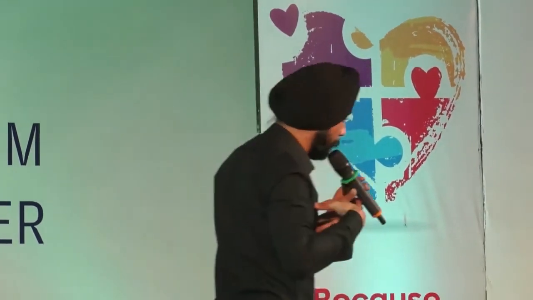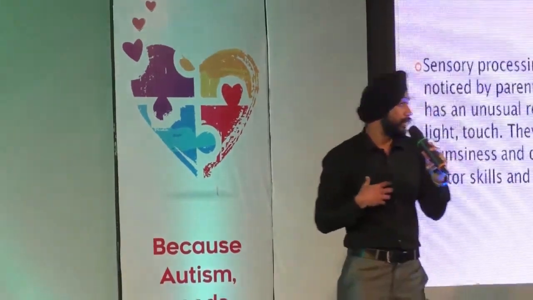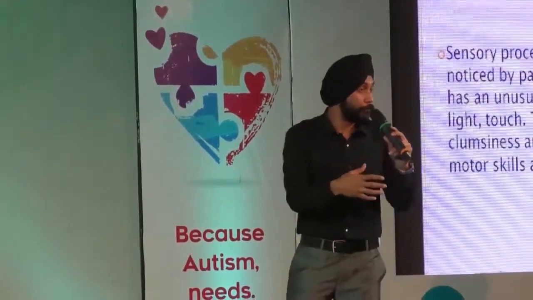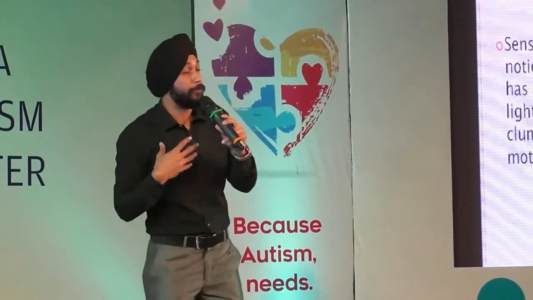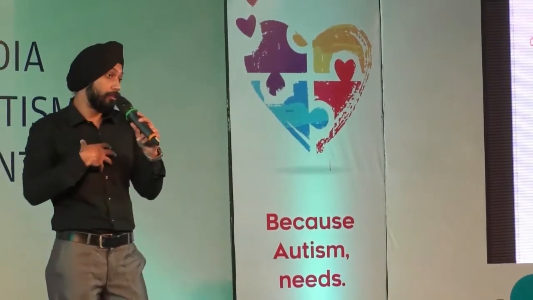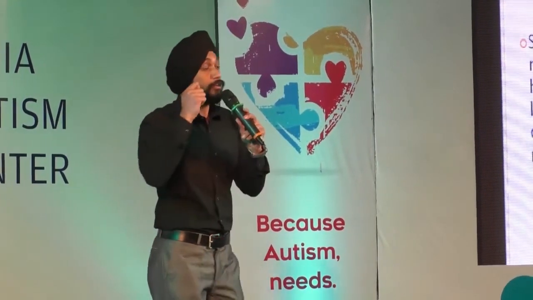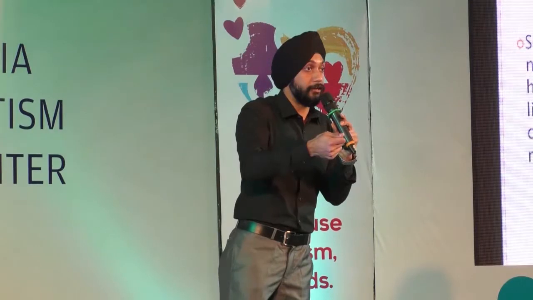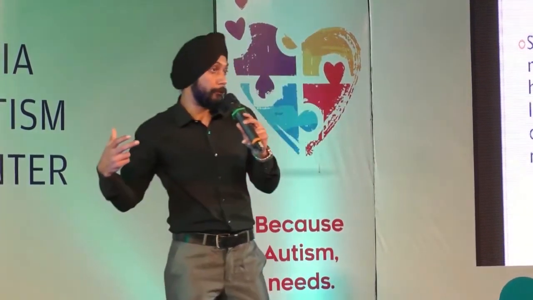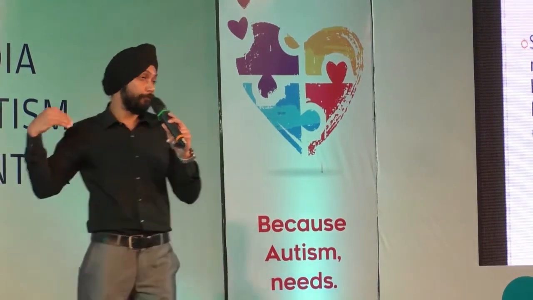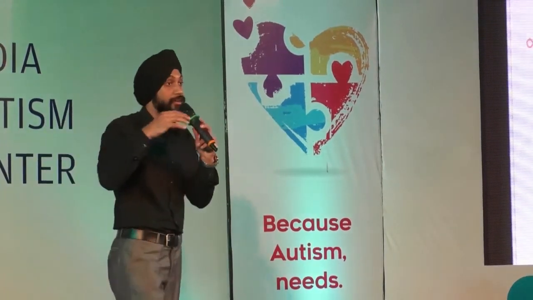And then what happens is many of the parents come to us, and when we ask them how did you come to know that your child has autism, why did you go for the assessment, and at what age, they usually say that we go for the assessment by 3 or 3 and a half with a single complaint that he is not settled in the class. He is not listening to us. He is not following the commands. And then we get a complaint from the school that you need to get your child assessed.